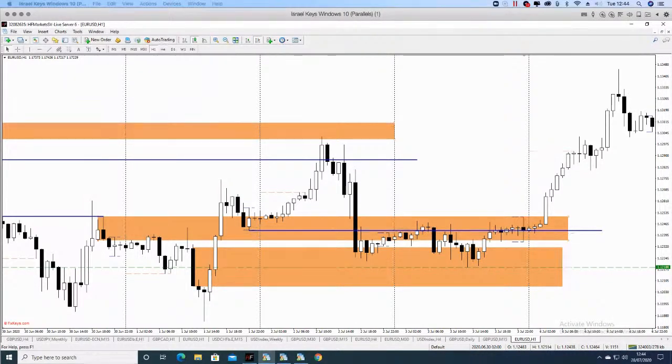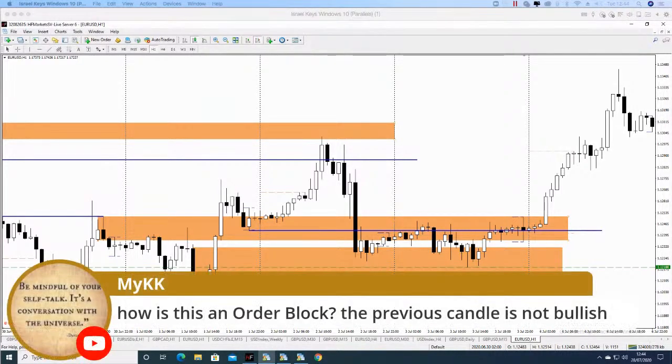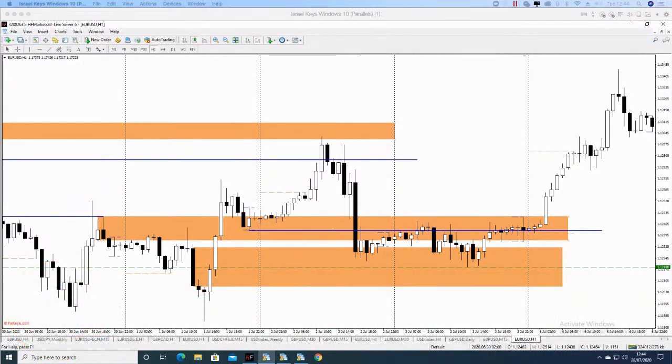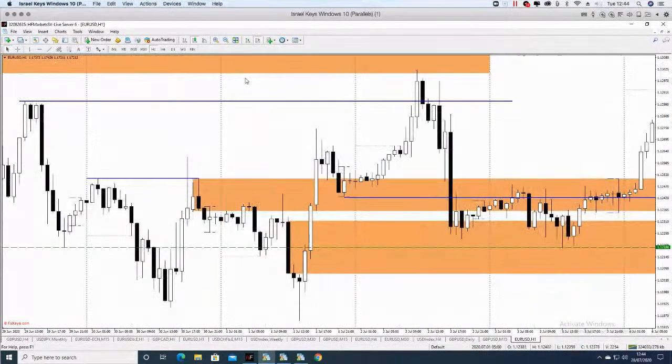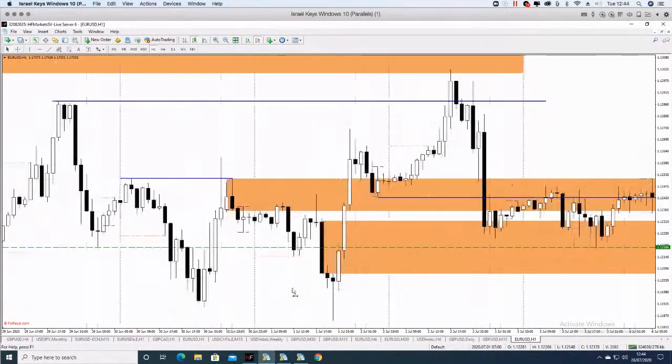Kieran's asked a question. How is this an order block? Which one are you referring to, Kieran? You mean the lower manipulation zone? You're talking about this one here? Well, when it was forming, 1 second. Let me show you this real quick. When it was forming,